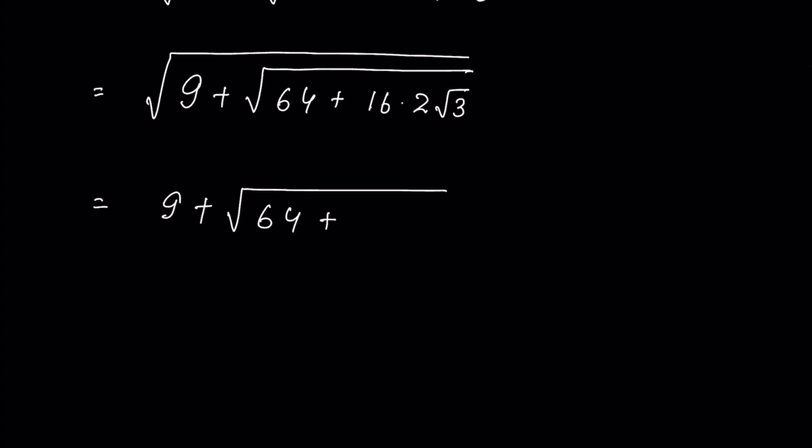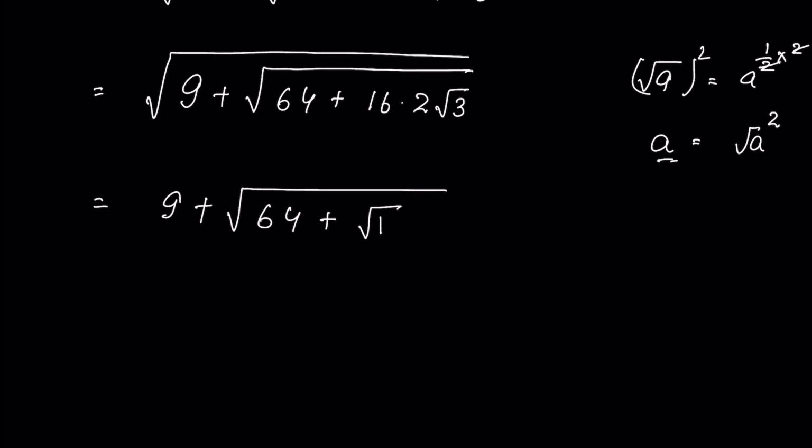plus, when a is under square root, it means a is raised to the power of 1 upon 2. When we square it, the exponent is multiplied by 2, so this 2 and 2 get cancelled. Therefore we can write a number as the square of its square root. So a can be written as square root of a, squared, so it is equal to a. So 16 we can write as square root of 16 squared, then times 2 times square root of 3, then all